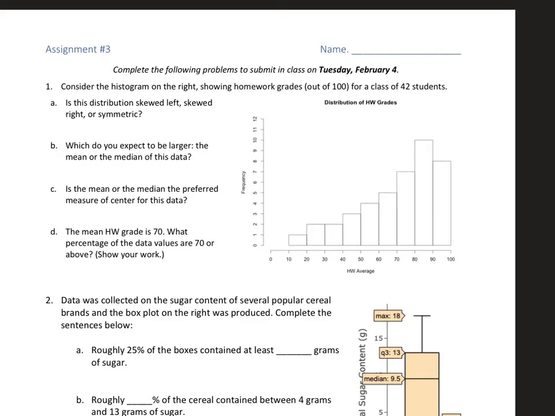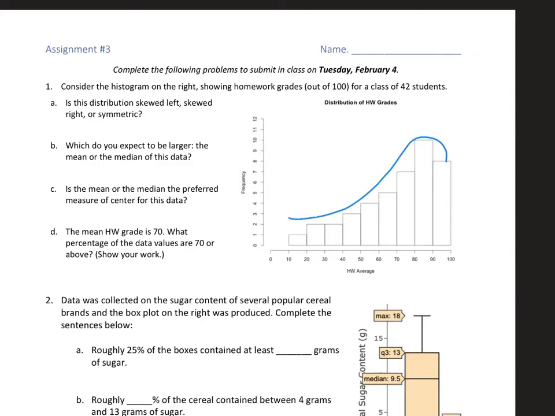Here's the answers to the third assignment that y'all did. There were some common misunderstandings and misconceptions on this, so I want to make sure we went over it. In the first problem, the first question is about the direction of the skew, and you can see here this